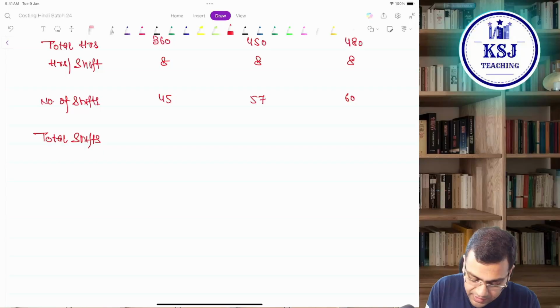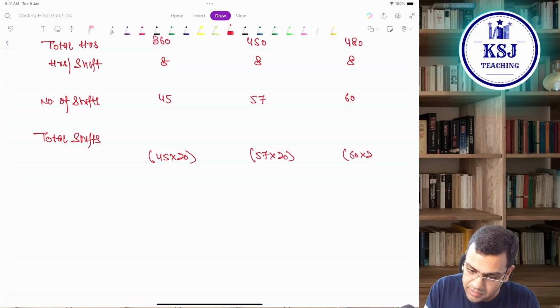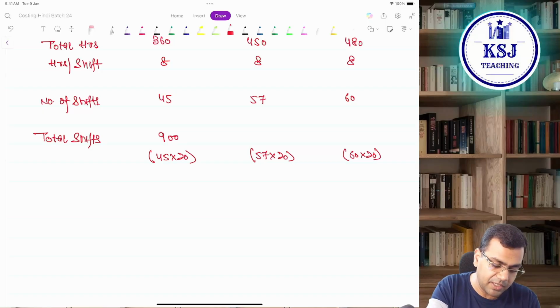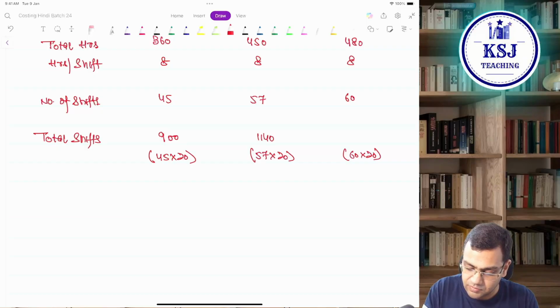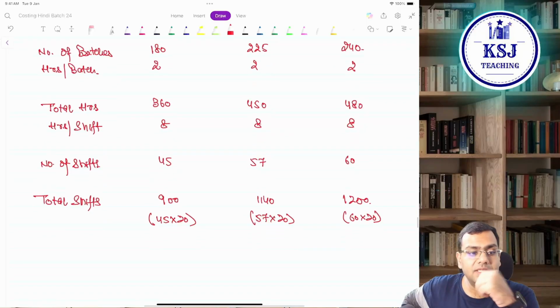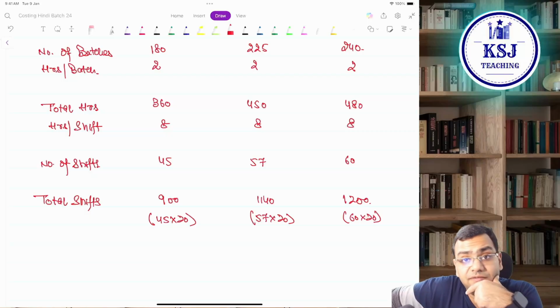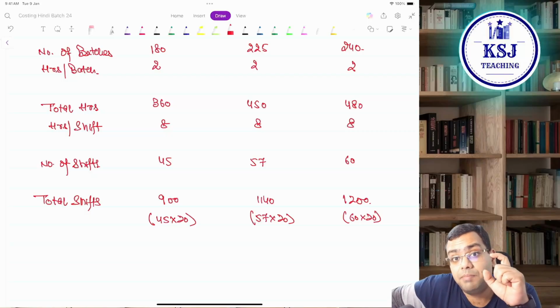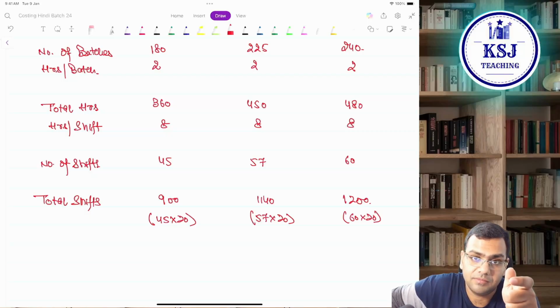Total shifts for 20 workers, that is 45 multiplied by 20, and this is 57 multiplied by 20, this is 60 multiplied by 20, right? So this is 900. 57 multiplied by 20 will be 1140, and this will be 1200. Clear? These are the total number of shifts that we have calculated for which the payment is to be made,